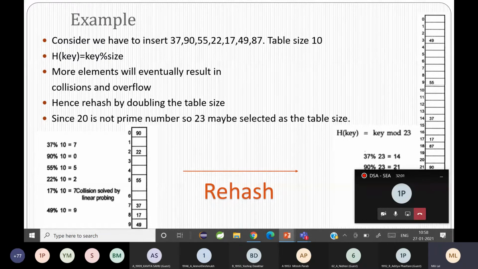So you can solve it by using any probing. So yeah, इस example में probing कैसे solve किया है? Linear probing method से. So it is placed at index 8 then. Okay, and then you have 49 modulo 10 which gives you 9, so 49 is placed at index 9. So as you can see, with the given set of values, the table has almost become full.